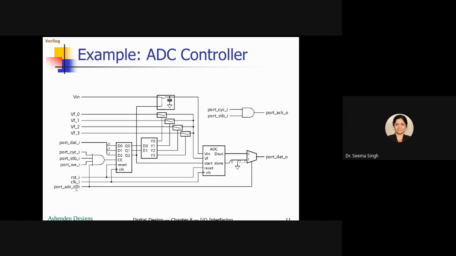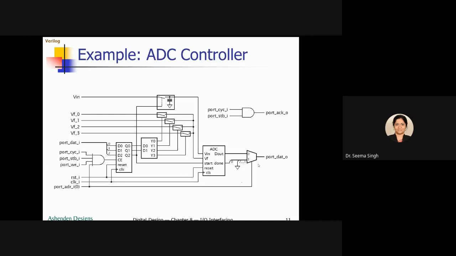If that is equal to that, then only this will be high. Once all these control signals are there, then only it will enable this chip. Now of course, reset is there, one reset which will be taking care of resetting the controller as well as ADC. Clock is there to govern both.